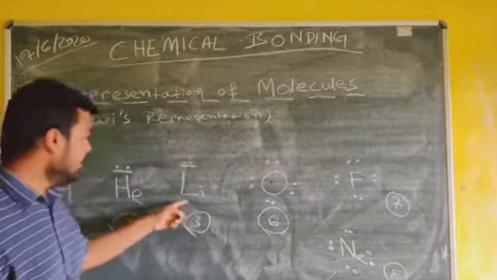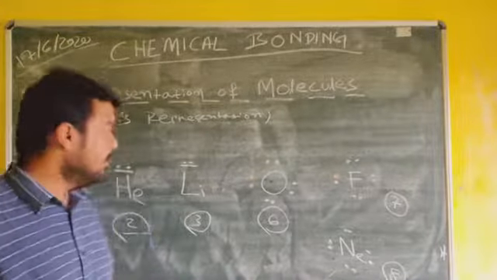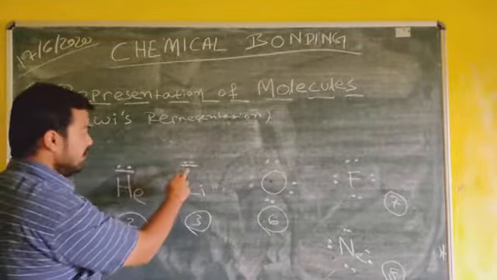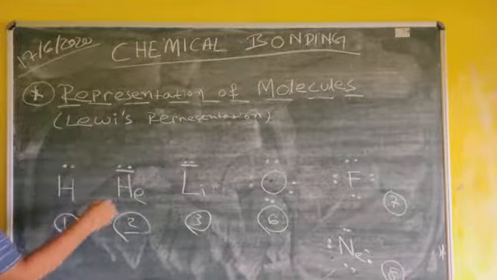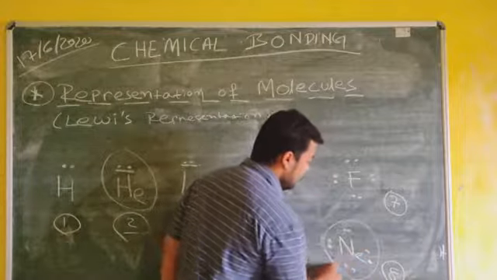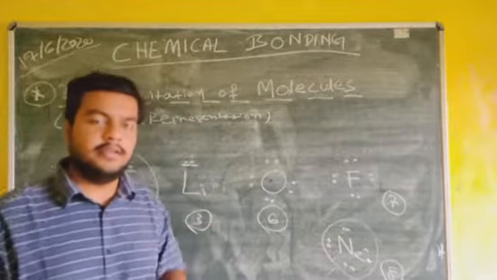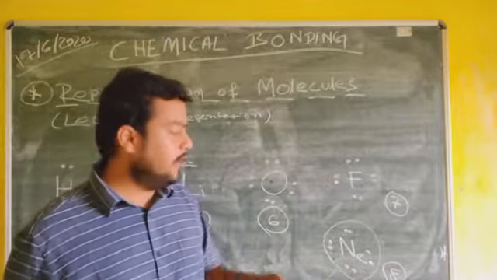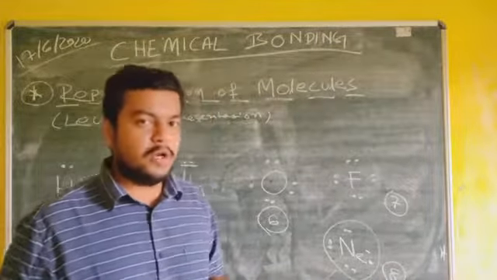So for atoms like lithium, helium and hydrogen, if they gain 2 electrons, then they are called in a stable state. So for lithium, if it loses 1 electron, then it will achieve a stable state of 2 electrons. If hydrogen gains 1 electron, then it will achieve the stable state of 2 electrons. As you can see here, helium atom and neon atom have completed their octet. In case of helium, if 2 electrons are present, then it is said to have completed its octet. But in case of neon and other atoms, presence of 8 electrons in its outer shell is required to complete its octet.